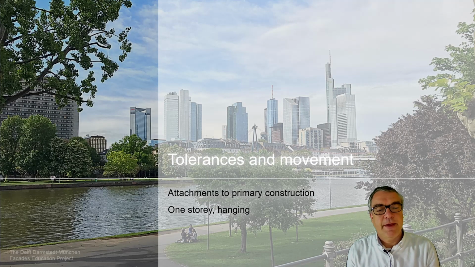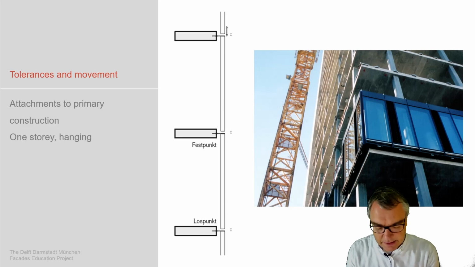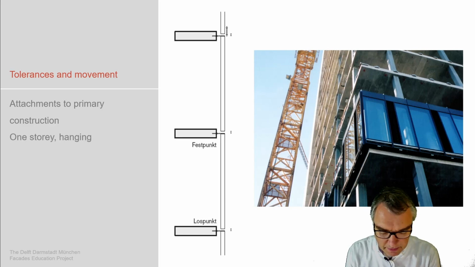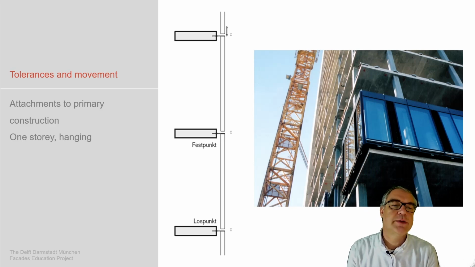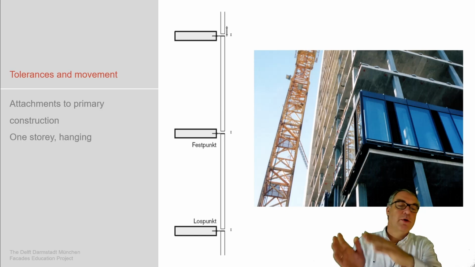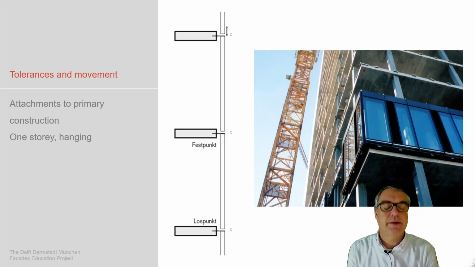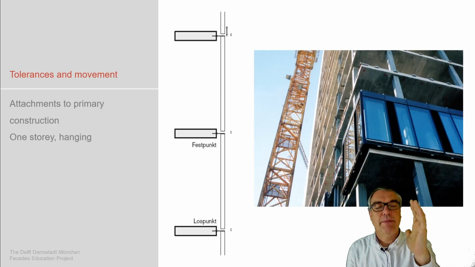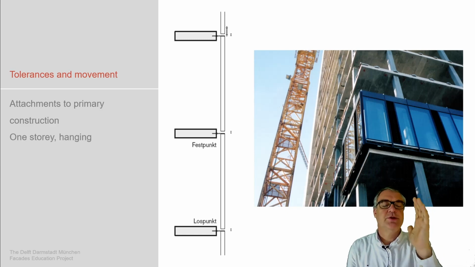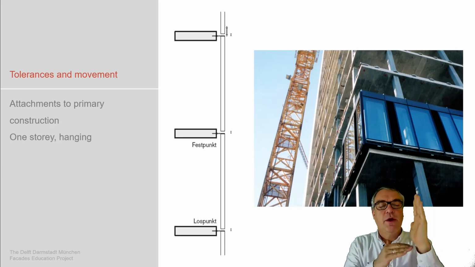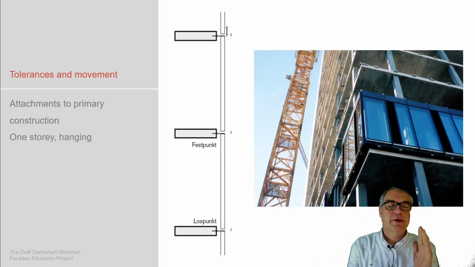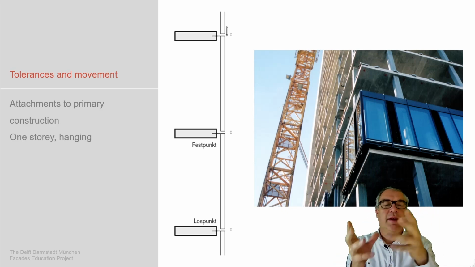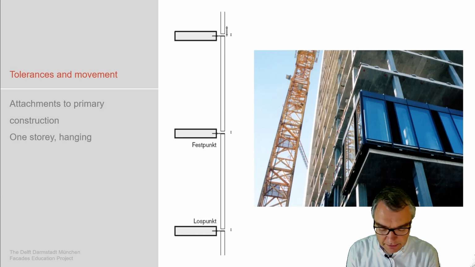Tolerances and movement. As facades are supposed to not take main loads, structural loads, out of the building, but are brought in position in front of the main structure, these facades are hooked onto the main structure, being brought in position in a way that they deliver their own dead loads to the main structure, but don't take dead loads out of the main structure. Also, functional loads are only delivered, and nothing is taken out of the main structure as a system.